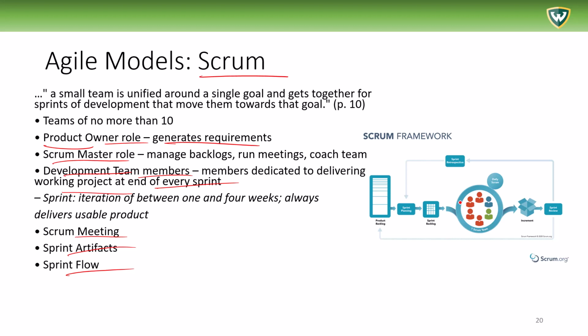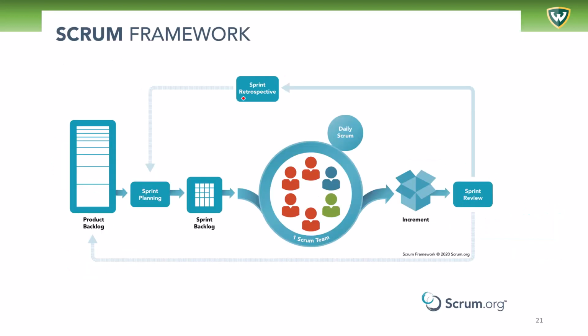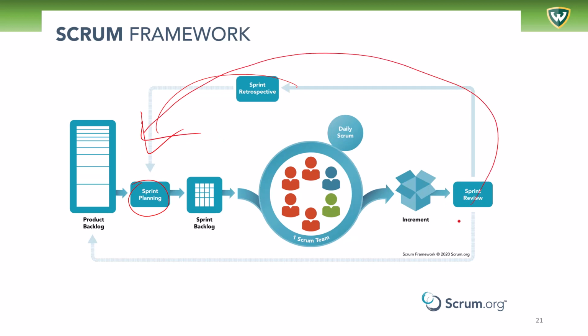So let's take a look at this whole process in an image here from scrum.org. Well, you can begin sort of anywhere: sprint planning, then the sprint backlog that is added into the list of activities and goes into the Scrum team. The Scrum team can lead to increments. There's a review and it kind of goes around. Actually, I'm not sure if this is the best framework for Scrum that I've seen, but it's a good one. And then notice that the sprint review can go this way, back to sprint planning, or you can go here to product backlog,